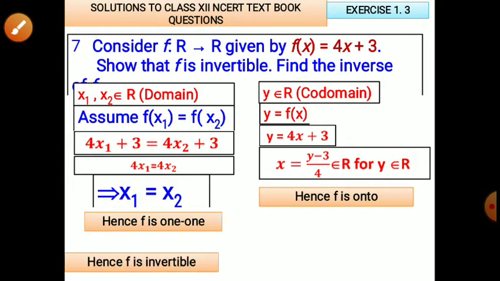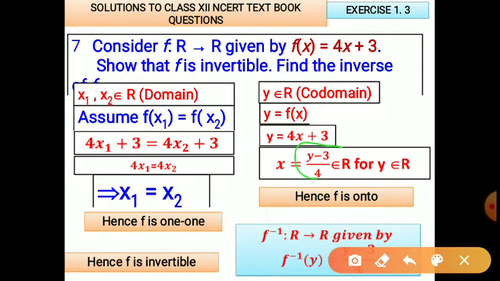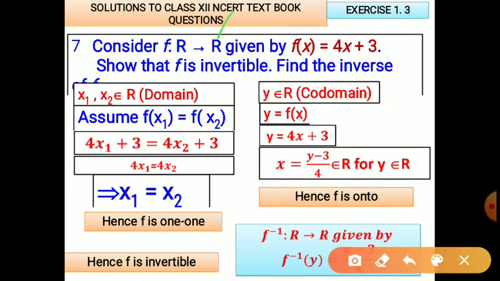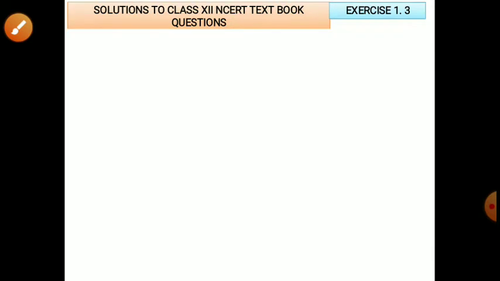So h is invertible. The inverse of this function is this one itself, as I already told you. Because f of x equal to y is nothing but x is equal to f inverse of y. F inverse of y is equal to y minus 3 by 4. So that's why y minus 3 by 4 is taken. And whenever you write f inverse, concentrate that this should be the domain for f inverse. This should come here and this should go here. Please keep these points in your mind. Here in this case both are R.